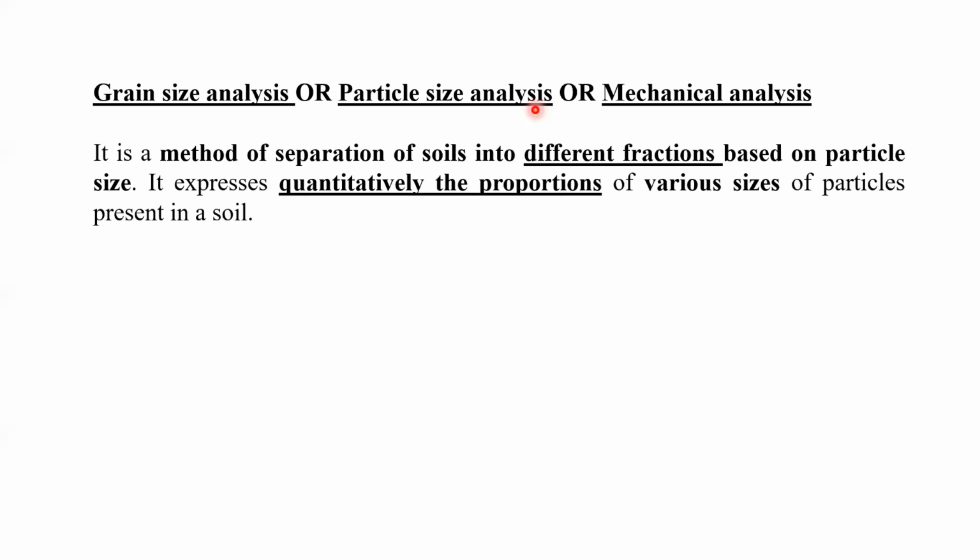Whenever we talk about particle size analysis, it is about how we can segregate the particles of different sizes in different percentages. Suppose you are going to take a 500 gram soil sample. Definitely, we have to oven dry it. We have to completely dry it before segregation, before sieving.